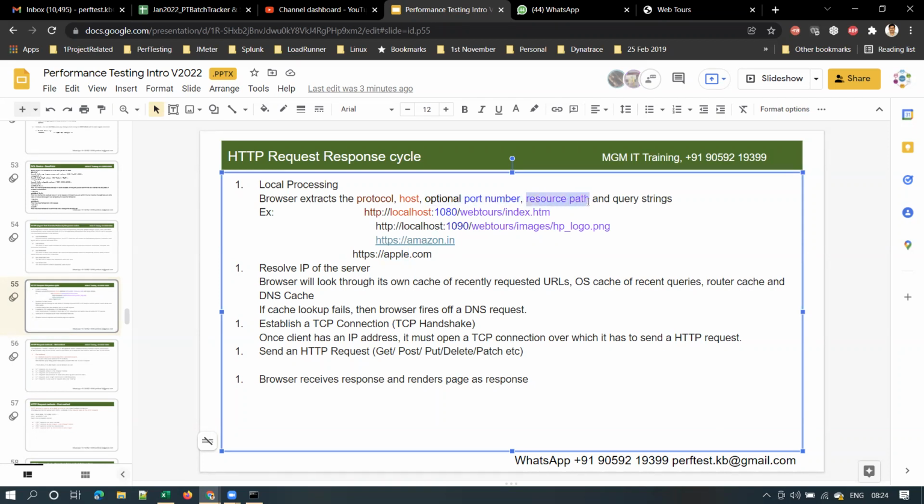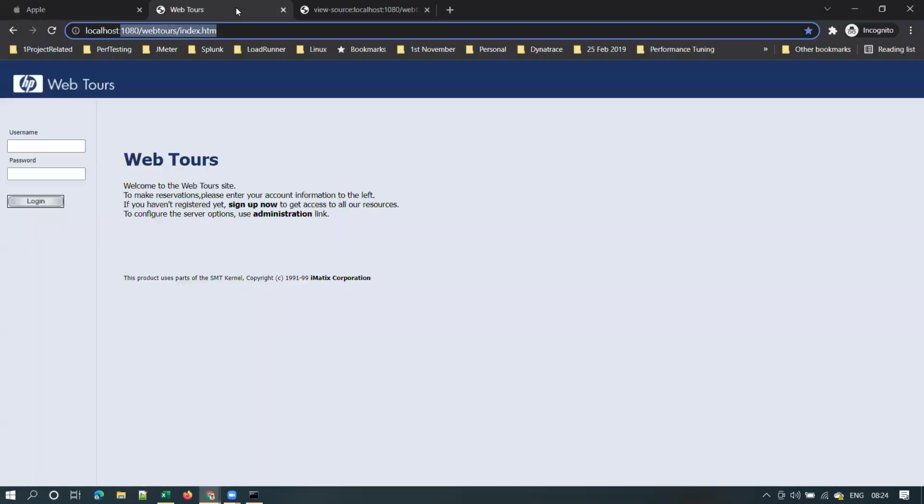And then the resource path and query string. We need to understand what these are. To understand that, let me take this example. Protocol is HTTP here. When I use this local application, the protocol is HTTP and my server name is localhost. Localhost is the default host name of any machine.